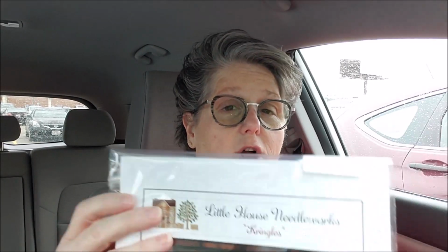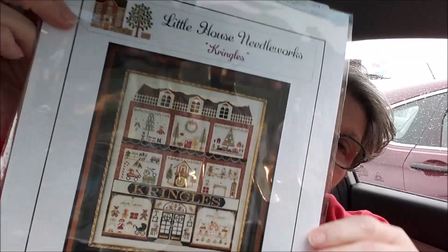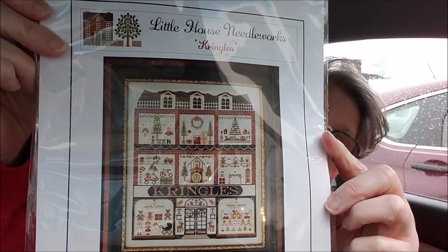It's Saturday, March 14th, and I just picked up my order from Cross My Heart Limited. It's a needlework store here in Columbus, and I went a little nutso inside, but that's okay. I ordered Little House Needlework Kringles. I'm super excited about this. It's a Christmas one,